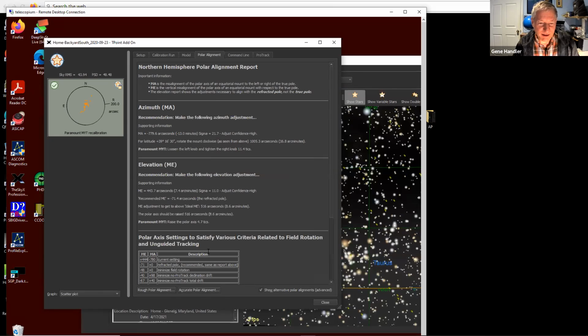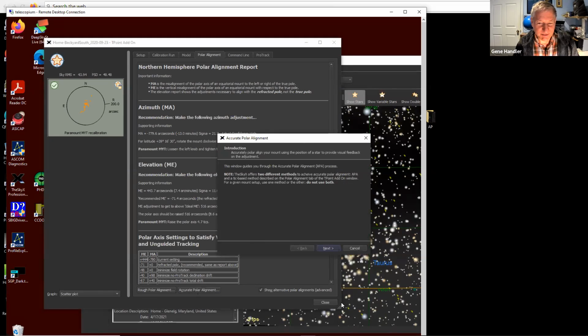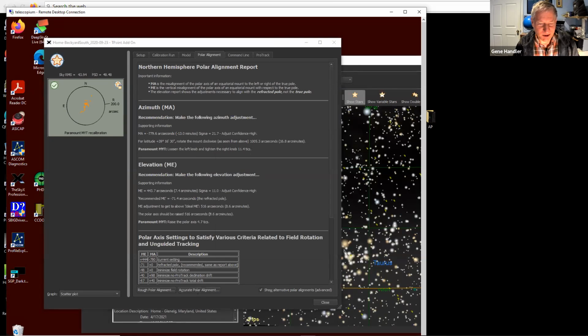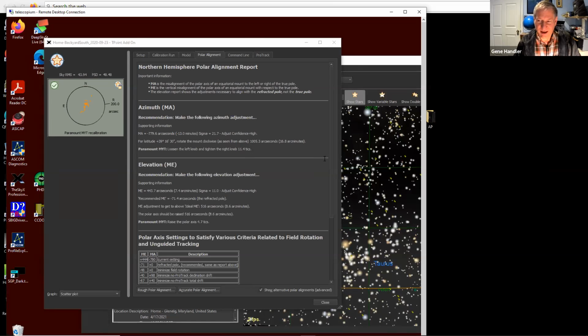And then you can run this accurate polar alignment thing, which I won't go through because I'm not hooked up to a mount. But basically the end result is you aim it at a star, and you say, okay, I'm aimed at a star, you hit a button, and it offsets that star by how much you need to correct the aiming of your mount by. And so by not using your RA and DEC, but just by using the azimuth and elevation, you turn the mount so that the star is back in the middle. And now you're polar aligned, more or less.